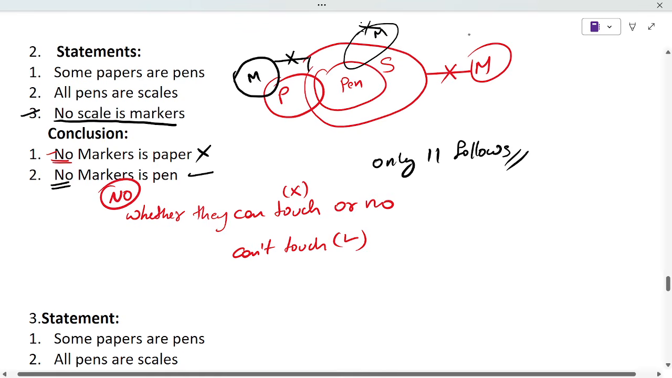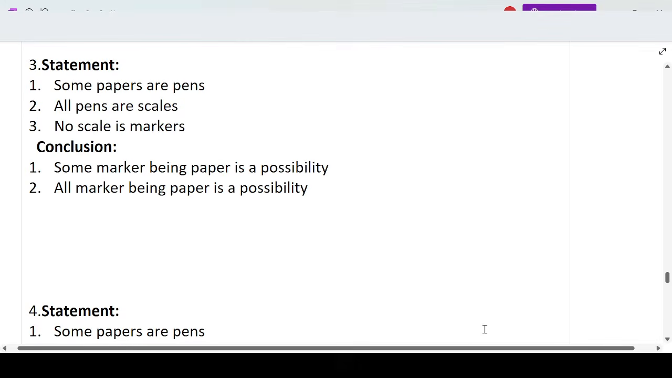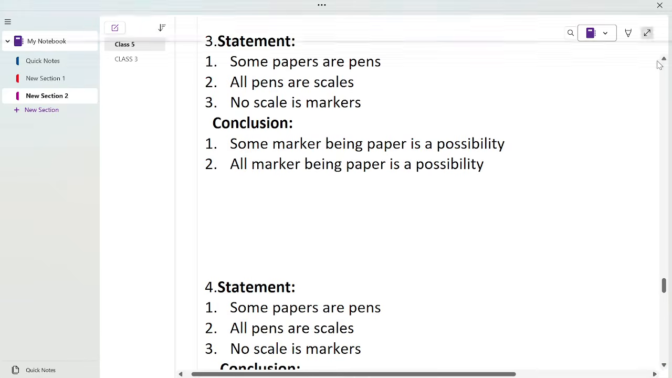Alright, I hope it's clear. Let's go to the next one. Next is the possibility case, so let's check the possibility case. Now, in the possibility case,